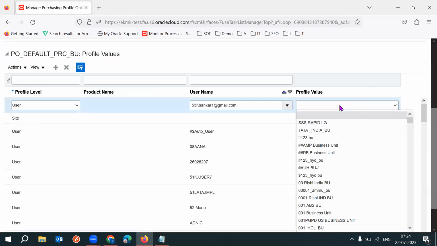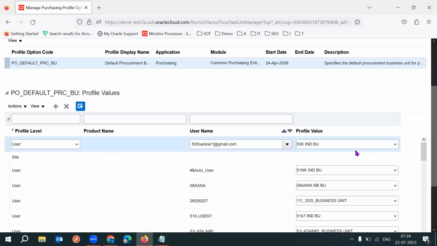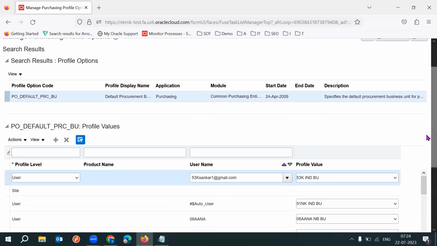Okay, and let us assume I have access to multiple business units. I'm a procurement agent, I'm a buyer for multiple business units. But this is my favorite BU. Okay, nothing but specify the default procurement business unit